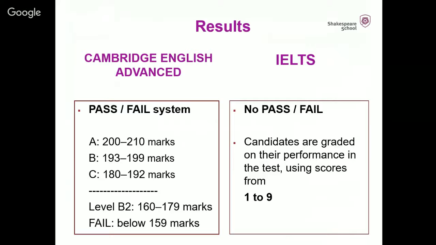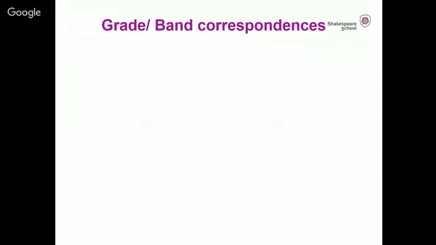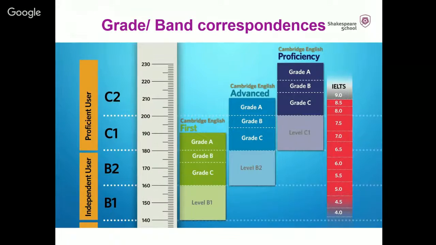Now, let's put these things into perspective. As I said, passing the CAE exam is probably a very important task for you. However, failing it is not that bad. Let me explain. You see here the ruler that Cambridge exams use in order to grade all of their exams. Today, since we'll focus on the CAE and the IELTS, I'll discuss these two mainly. Now, between 210 and 200, you have a grade A advanced diploma,